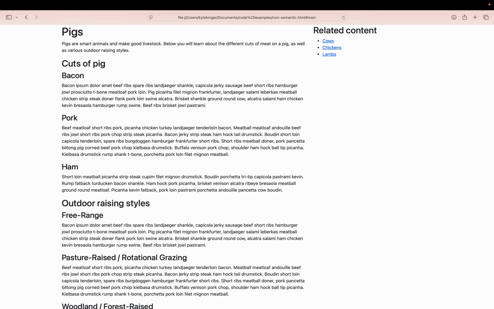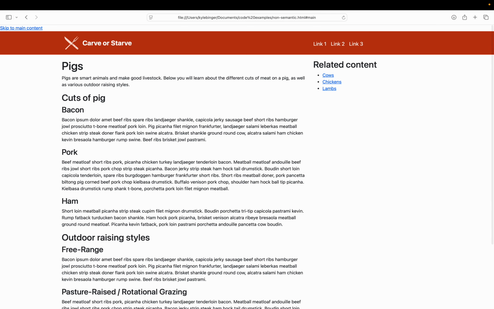However, we don't want the skip to main content link to always persist on page load. We want to make sure that it's visible to keyboard users when we need it, but not visible to non-keyboard users when we don't need it. So I'm using Bootstrap in this project. Bootstrap has an amazing built-in class for this already, so let's go and add it.